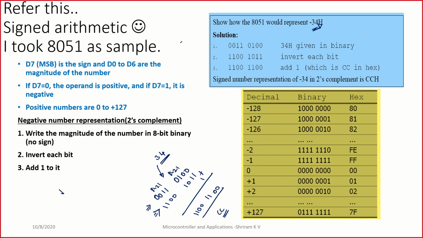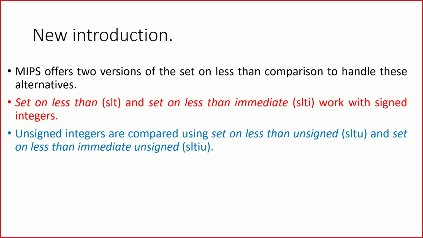And the last bit, the D7th bit, gave us the solution. It being 0 is positive, it being 1 is negative. That's all. Please remember that, and you have a lot of examples here in the slide. I'll share the slide also through Pavitra so that you can understand all of this very clearly. You can see that minus 128, all the first bits here for the negatives are 1, and for all the positives it is all 0 here. That's it. You can try converting a few numbers as well to understand more clearly.